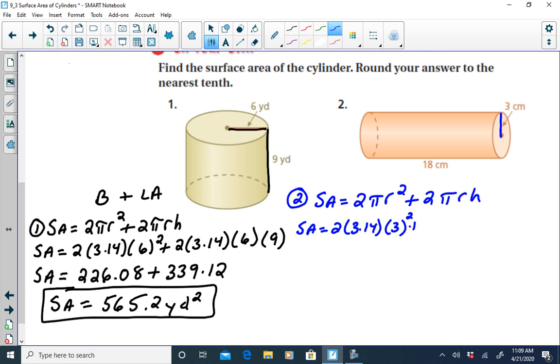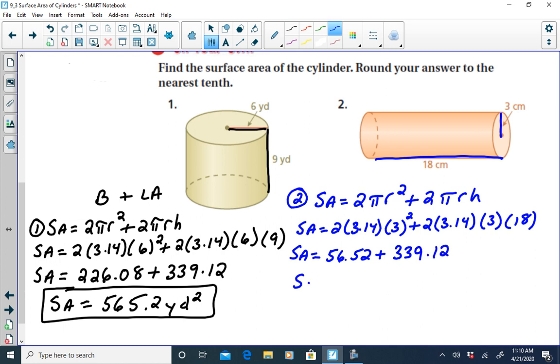Going to square that, plus 2 times 3.14 times your radius again, which is 3, times the height of the cylinder. That's going to be this segment here. That's going to be 18. Surface area is going to be equal to, remember, with your calculator, do the exponent first. 3 squared is 9, times 3.14 times 2. That's going to be 56.52, plus 2 times 3.14 times 3 times 18. It's going to be